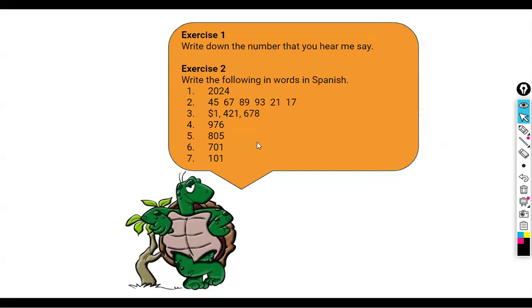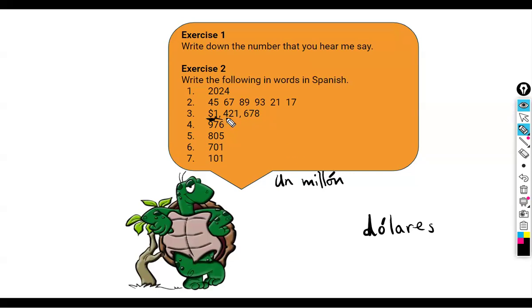Now, one thing that is different is that number 3 asks you to say this number for dollars, right? So at the end of it, you're going to have the noun dólares, right? Which means that the numbers have now become an adjective in this example, right? So there are some rules. Well, one rule that will change one of the numbers a little bit. All right, so first, a million, un millón, right?